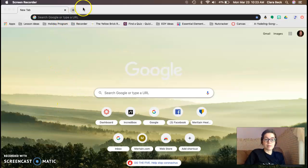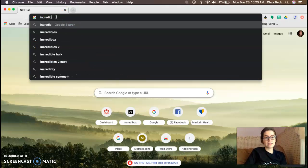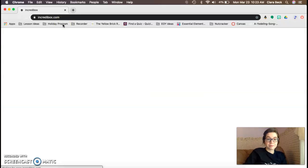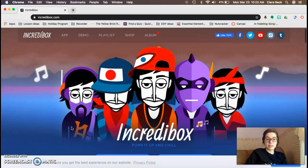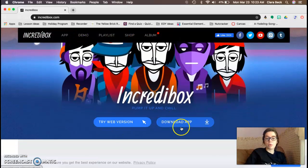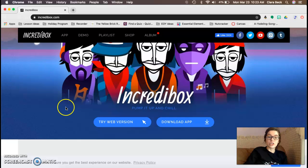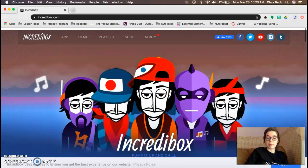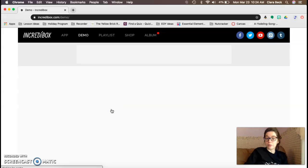I've got my new tab open on my computer, and the website is called Incredibox.com. So I'm just going to type that into the address bar up here and click go. And once you get to the website, you'll notice here it says try web version or download app. Now the web version is free, but the app is something you have to pay for. So if you're doing this on an iPad, you'll need to use your browser. So right now I'm on Google Chrome, but your iPad would also have Safari. So if you use that and you type this in, you should be able to see this website that I'm looking at right now. So you might have to scroll down a tiny bit, click on the try web version,